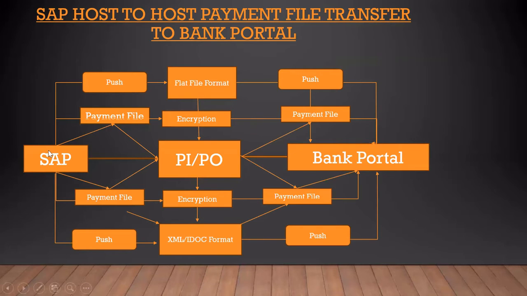So in the SAP, let's assume we have created a DME structure. In that structure, as per the bank provided format, what does the bank require? Say ABCD bank has given us a format saying that we require these details, and these details should be there to process the payment to the vendor. So in the SAP, we'll go and configure this DME structure. This can be created by anyone, the functional or the technical. So after creating this structure,